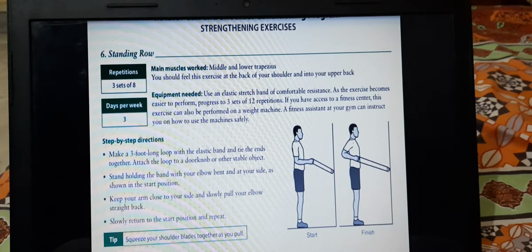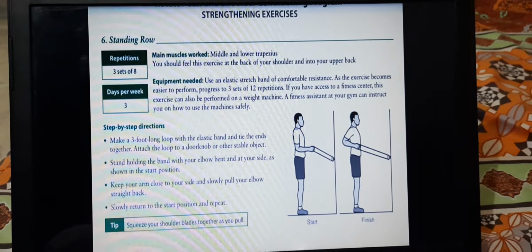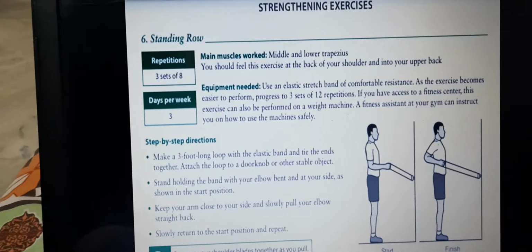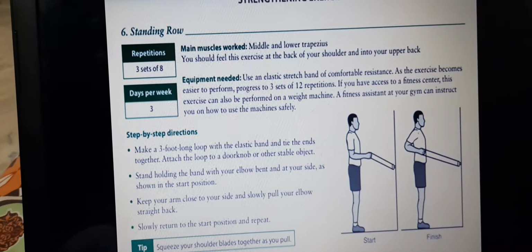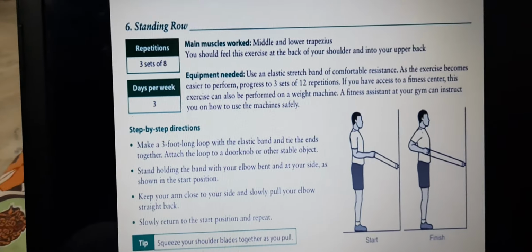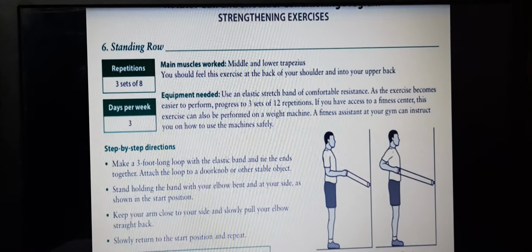Strengthening exercises. Standing row. Main muscle involved: middle and lower trapezius. You should feel this exercise at the back of your shoulder and into your upper back. Repetition 3 sets of 8, days per week 3. Equipment needed: use an elastic band of comfortable resistance. As the exercise becomes easier to perform,